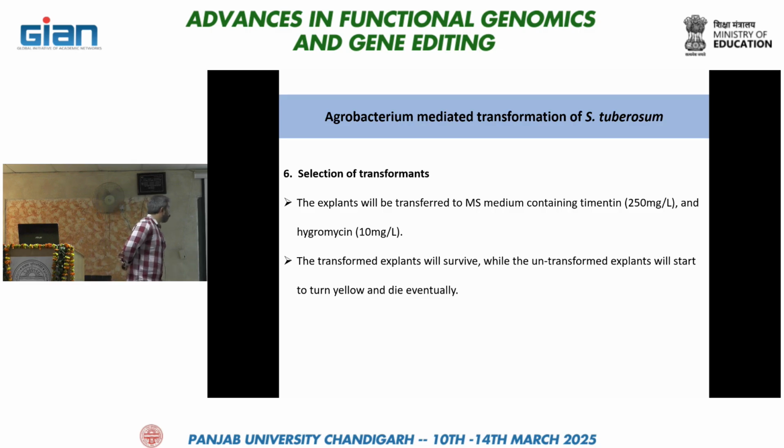In the case of potato, it takes roughly around 1 month for us to get transformed explants, but if you do it regularly, within 2 weeks you are able to distinguish between the transformant and untransformed plants. But to get a clearer view, you have to wait for about a month, I would say, in the case of potato. So,